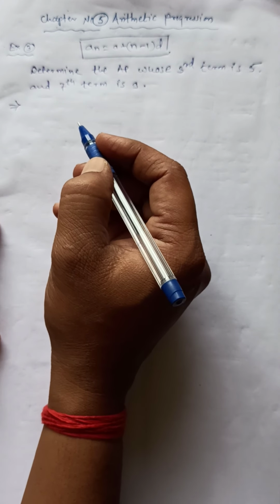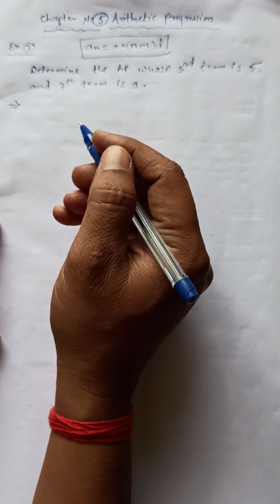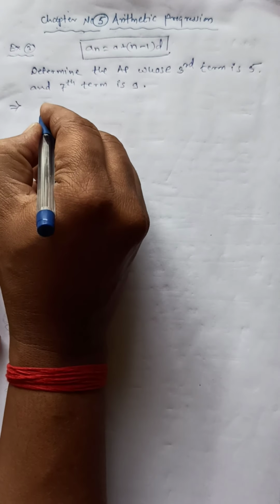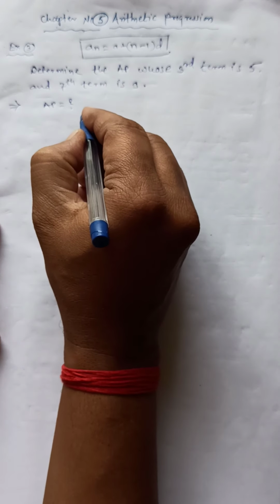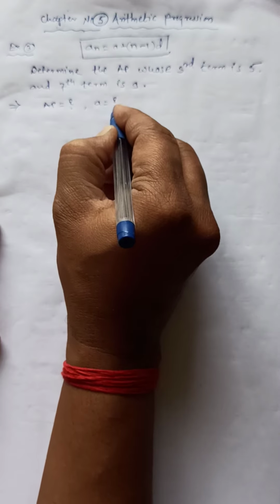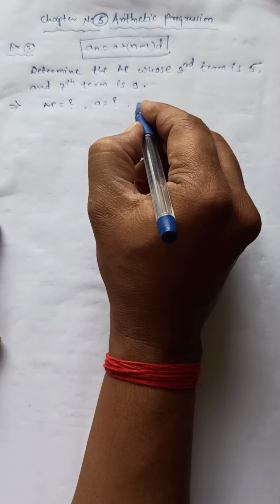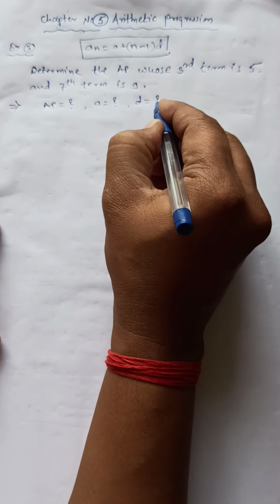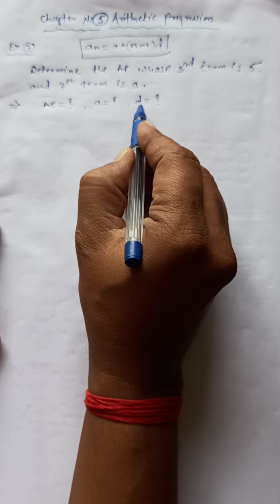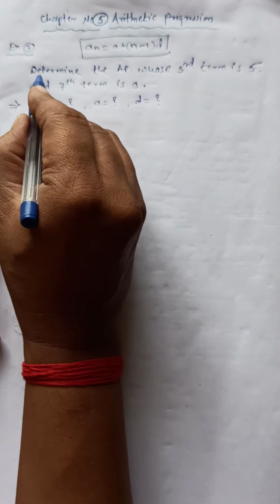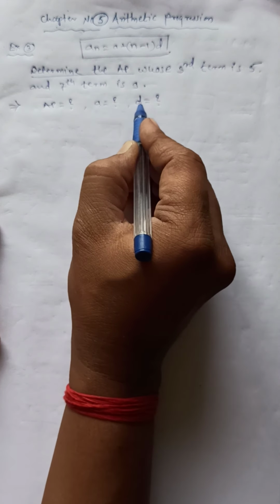See here, what we have to find? We have to check what is our target. We have to find the AP. So for finding the AP, what is required? The initial term a is required, and the common difference, that fixed number we are adding, that is the common difference d, we have to find. So we have to find a and d so that we can achieve our target AP. That is our question, determine the AP.